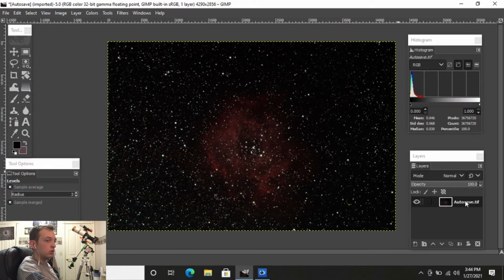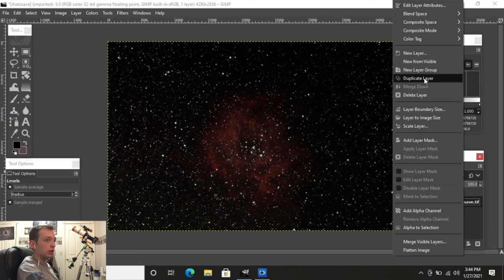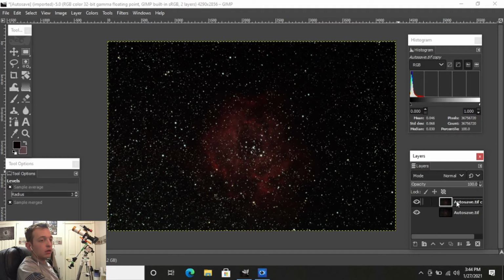So we will leave that layer alone and duplicate that layer. You can name these layers if you want to, but for the tutorial I'll just leave them as duplicates. I usually like to label them as like first adjustment layer, levels layer, and curves and whatnot, but for the tutorial I'll just leave them blank. But we will have multiple layers here when we get done. So the second layer we will do